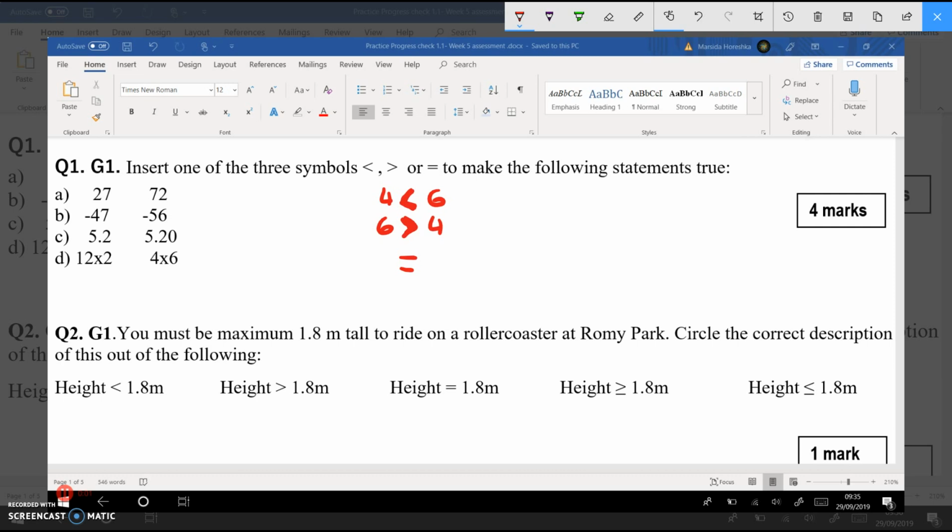And if we compare 27 and 72, 72 is bigger than 27. So the crocodile will want to eat it. So the crocodile mouth is facing 72, but it's pointing at 27, which is the smaller number. Now we've got minus 47 and minus 46, or negative 47 and negative 46, which I'll quickly show using a